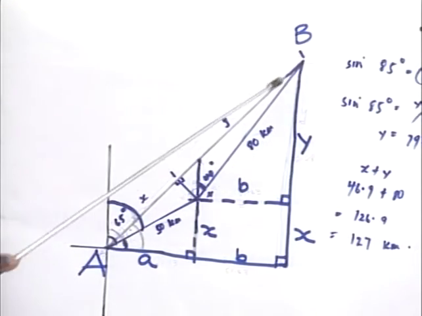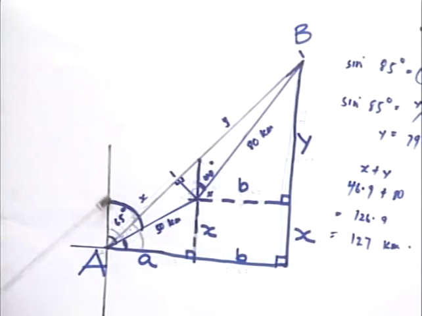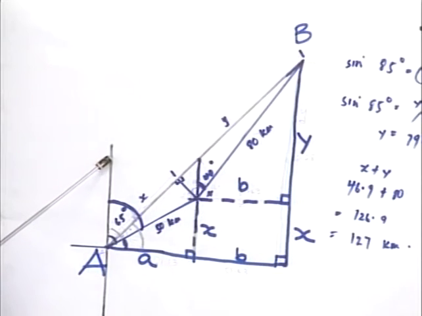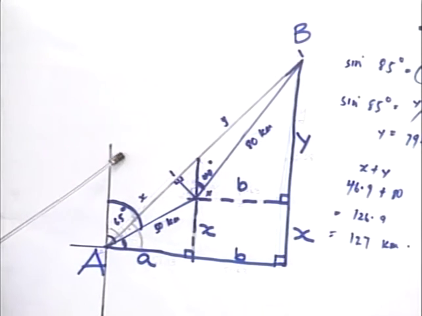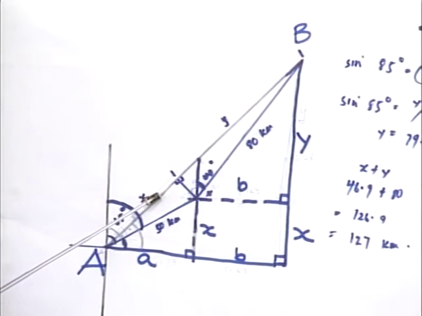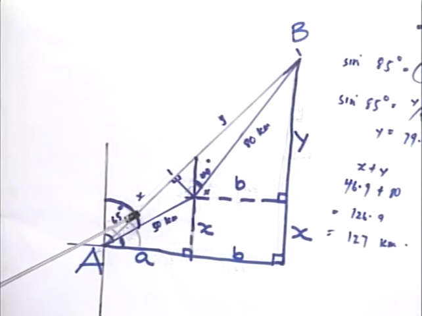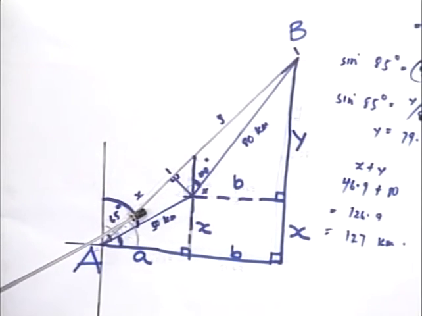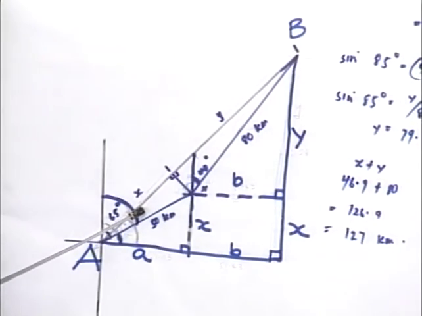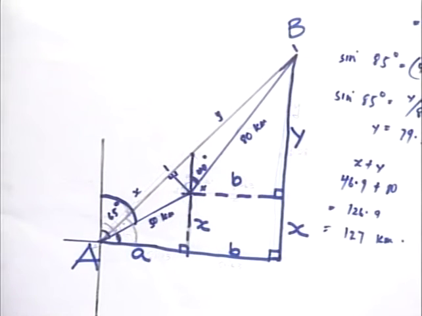The bearing of this point from A will have to be this. Look at the black lines from the north direction to this line. So all I need to do is to remove this angle from 65 degrees and it will give me the